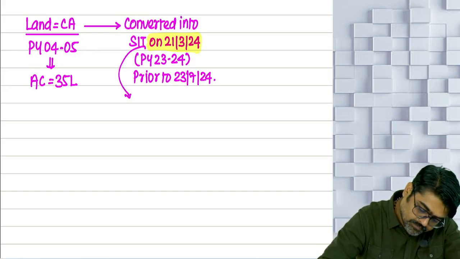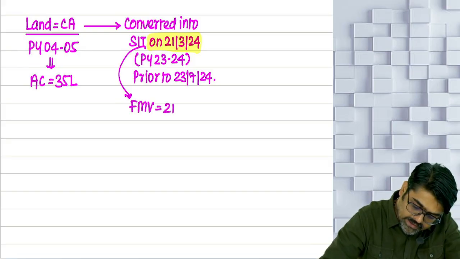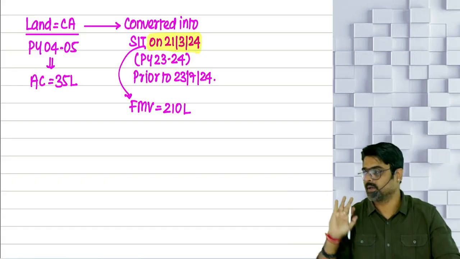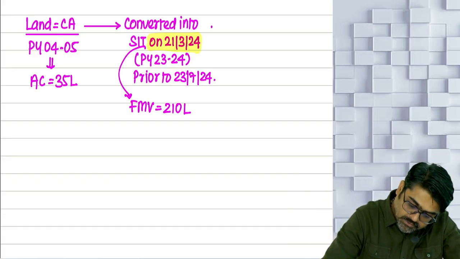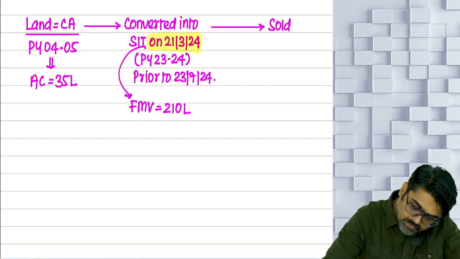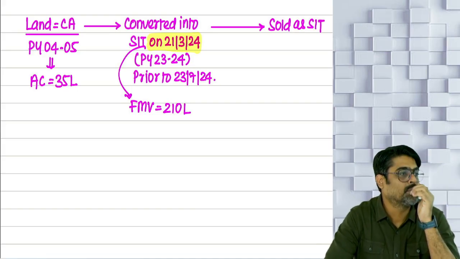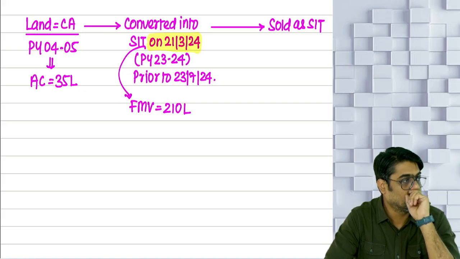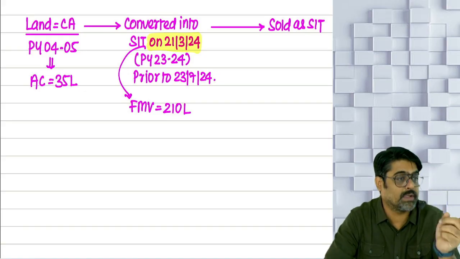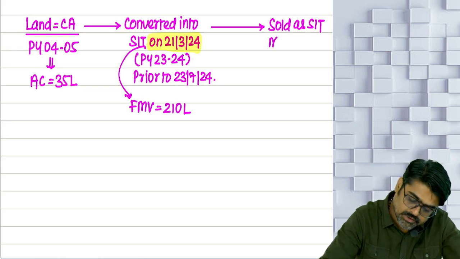On this date, the fair market value of that land was 210 lakhs. Yes or no? Okay. Now this land you are selling as stock in trade. So sold as stock in trade. Hello? When are you selling? Tell me now, when are you selling? March 2026. So you are selling the land in the month of March